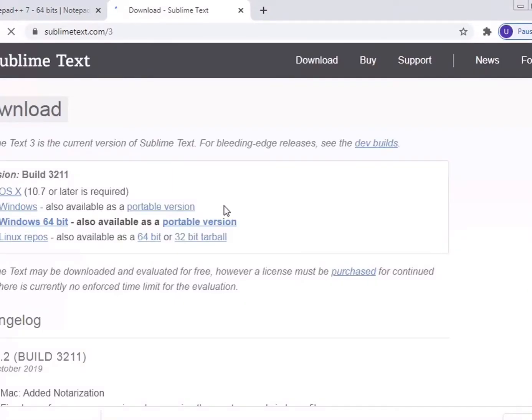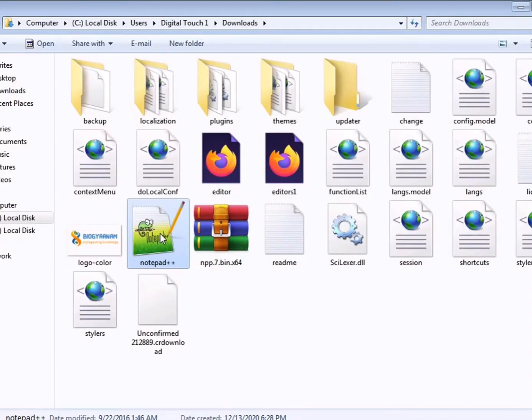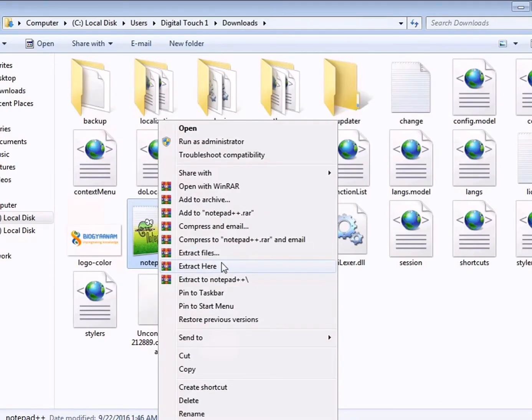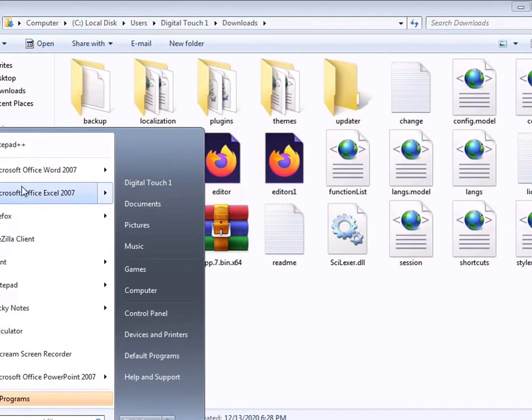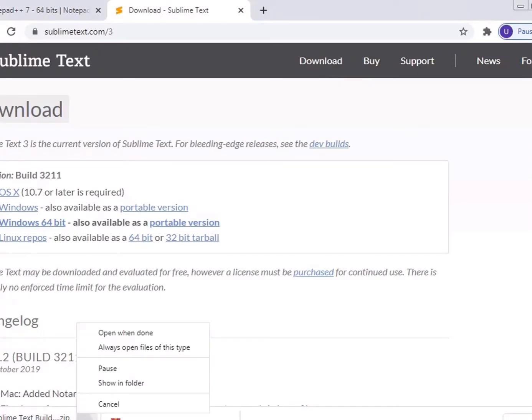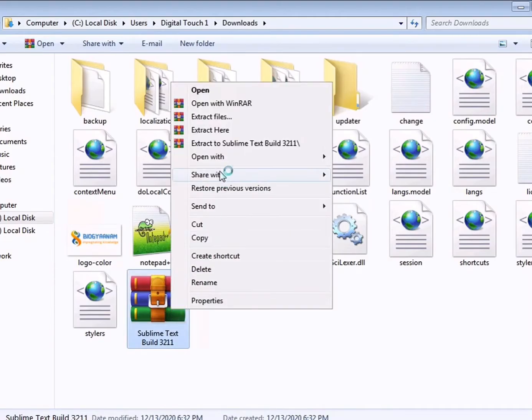These are the versions we have to download, that is a portable version, like our Windows is 64-bit. The file has been downloaded and we will open it.